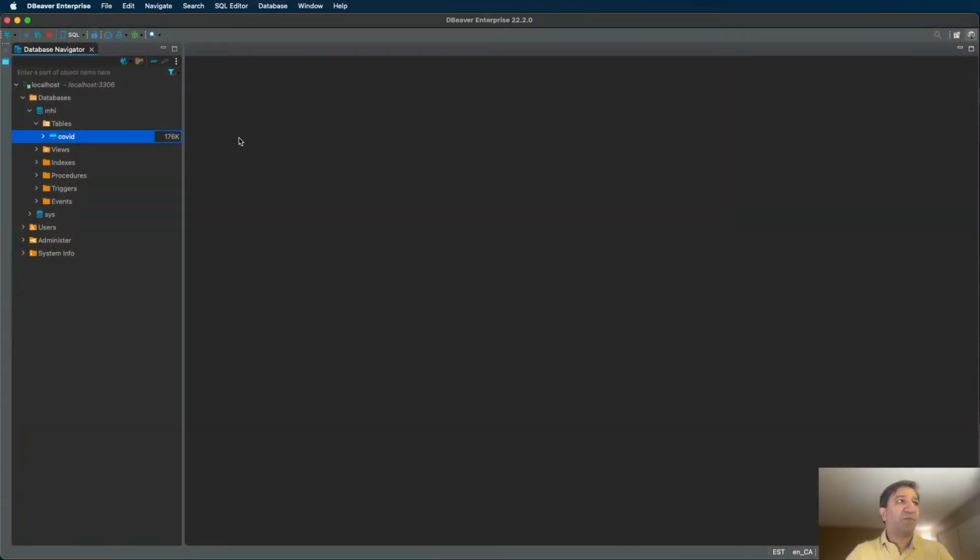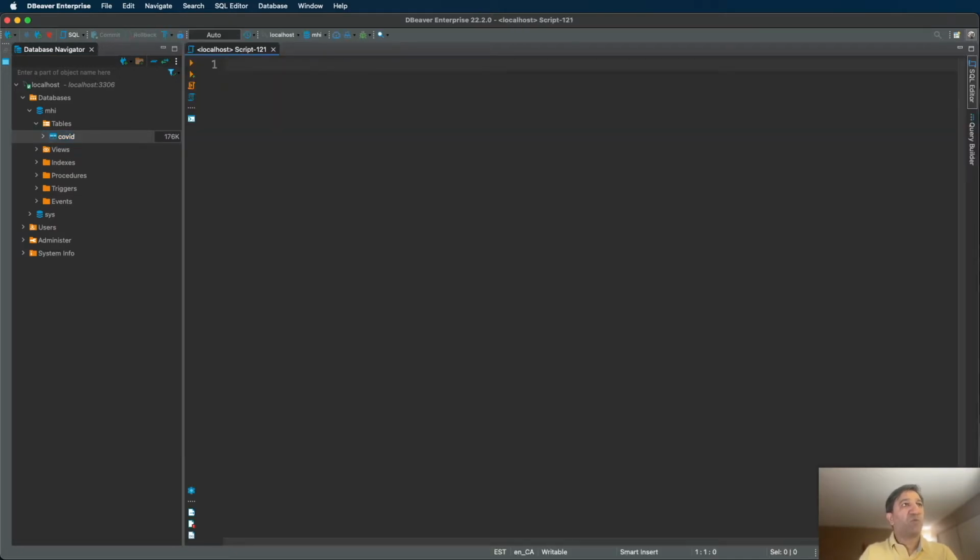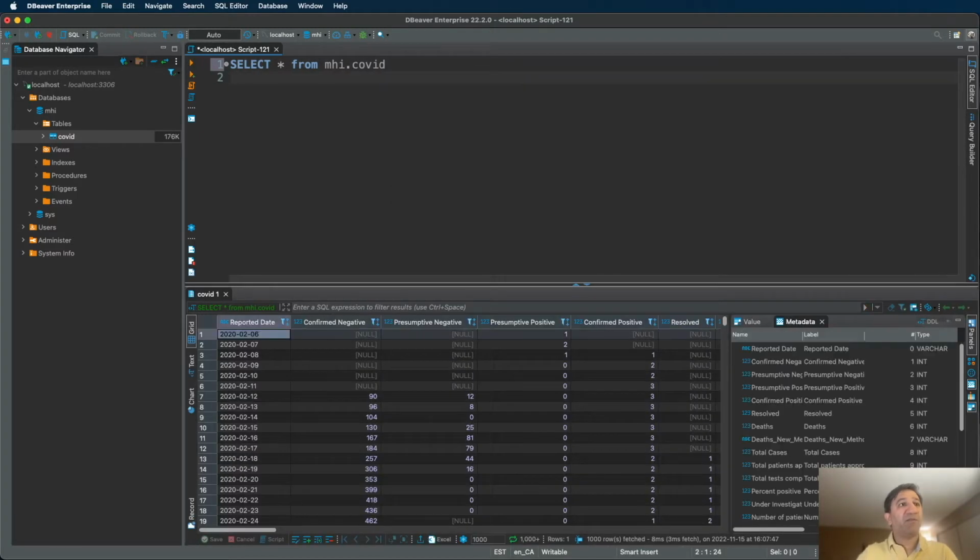This is our COVID dataset table, and I'm going to press Control plus bracket to bring up a new SQL editor, and I'm going to select everything from our COVID table, right? Let me check it, right? And here